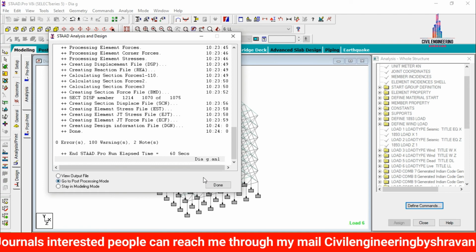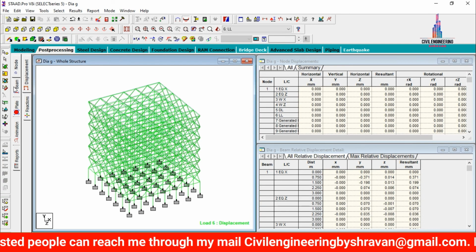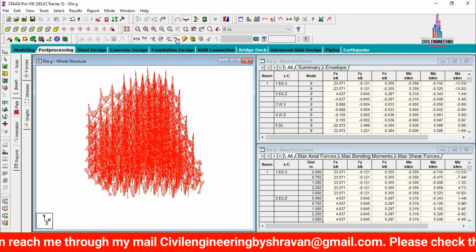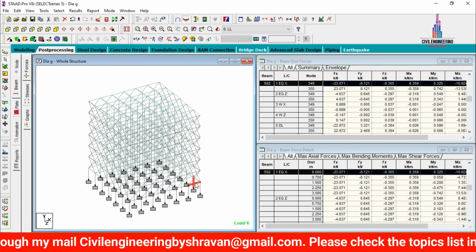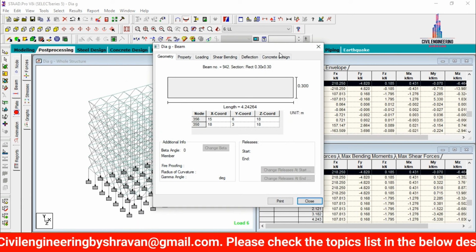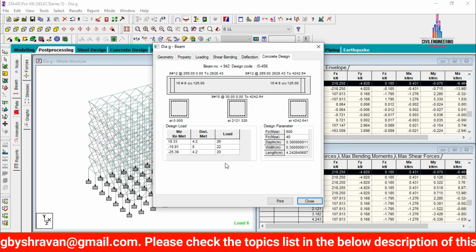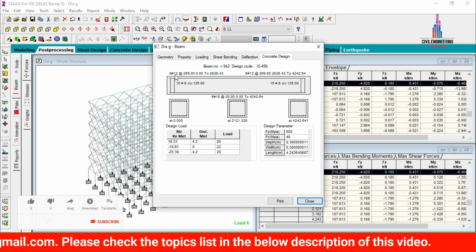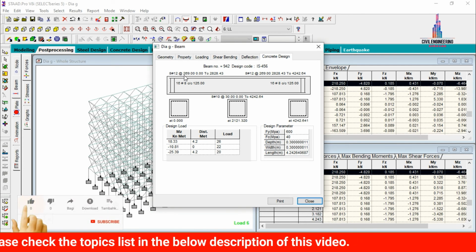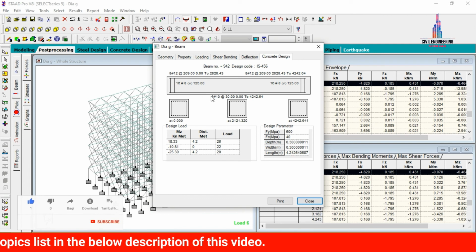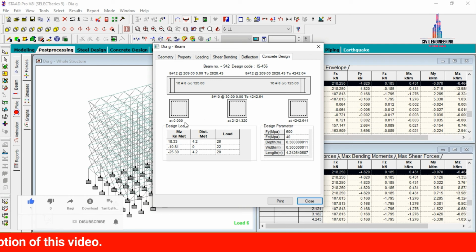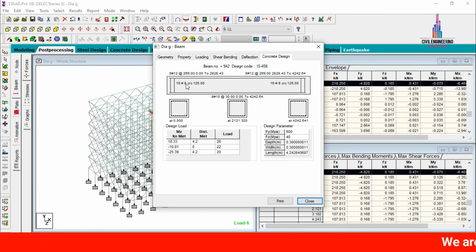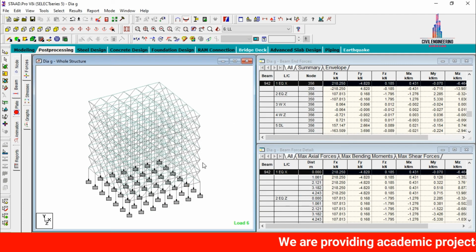Go to post processing mode, click on done option, select the beam here, deselect the bending moment diagram, select any one of the beams here. Select this, double click on it, click on concrete design. So this is the concrete design result which consists of 8 bars of 12 mm dia, 269 center to center distance, and bottom reinforcement consisting of 8 bars of 10 mm dia, 30 center to center distance, and stirrups consisting of 16 numbers of 8 mm bars, center to center distance is 125 mm square.